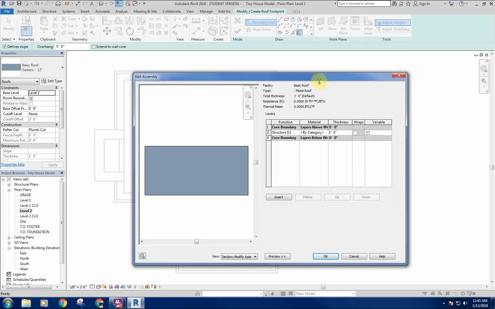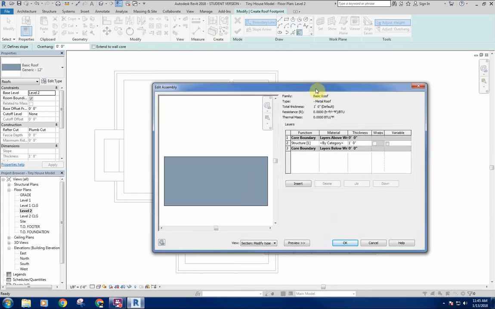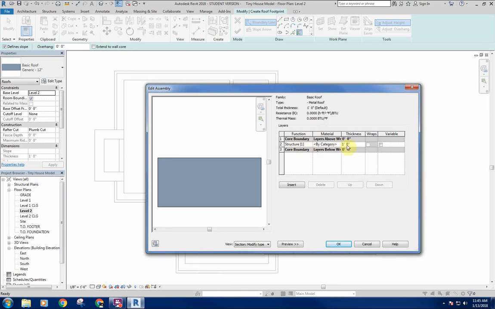And you have to have a structure for anything that you're making, like a wall or a roof or a ceiling, there's got to be some structure to it. So what I'm going to do is make my structure the top chord of my truss, which will be 1.5 inches. And then over top of that, I will have my 3/4 sheathing, which will be my substrate. And then I will have my actual